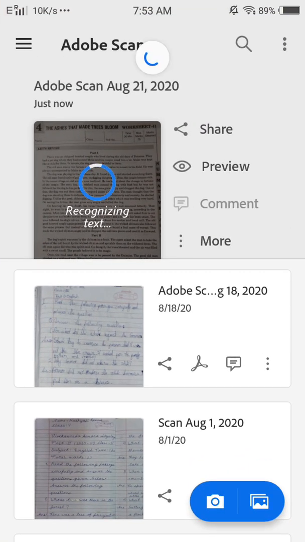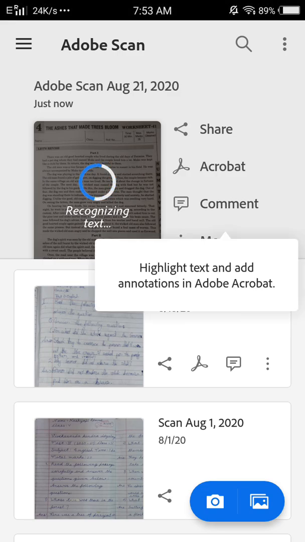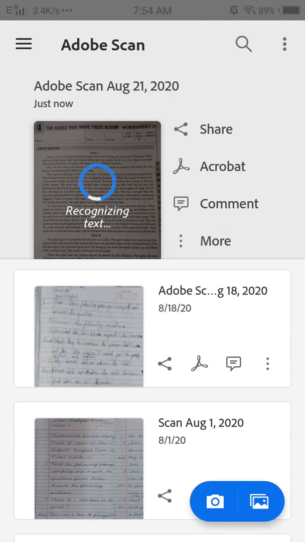Okay, after that you will see the option will become recognizing text. If this process is finished, then your text or your PDF will be uploaded in the cloud format. Okay, then after completing the uploading process, you will find the comment button, or you can say the comment option